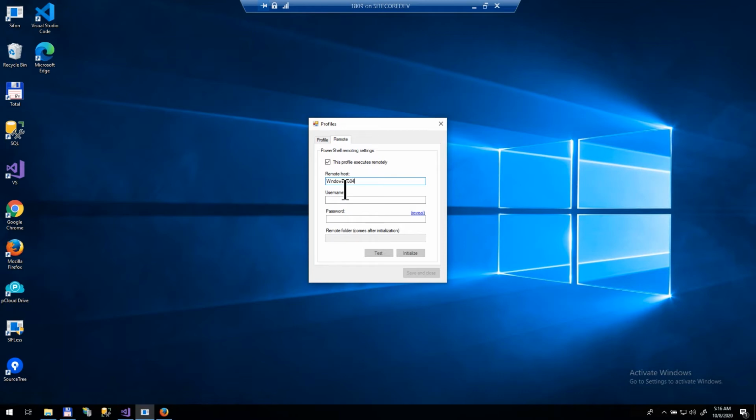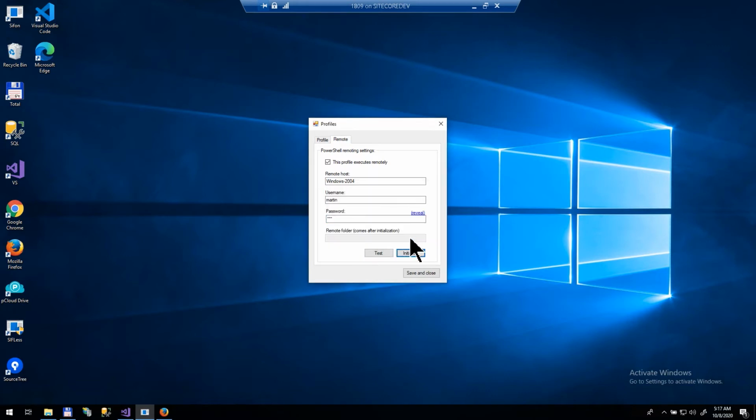In my case it is that. And of course you need to provide a username and password for that machine, and that is because Sifon will use the WinRM protocol to connect to that remote machine for doing PowerShell remoting. I provided those, and now I'm going to test the connectivity,